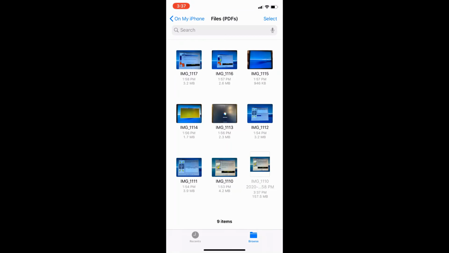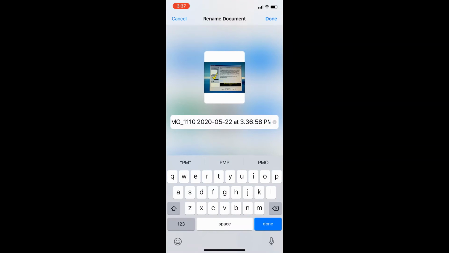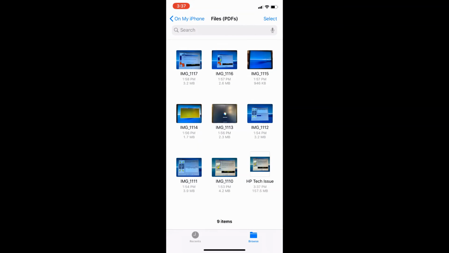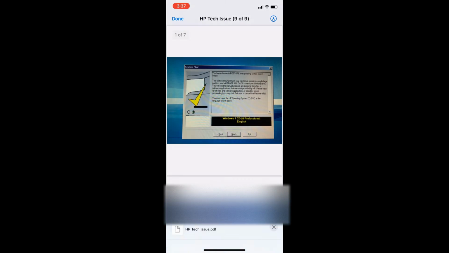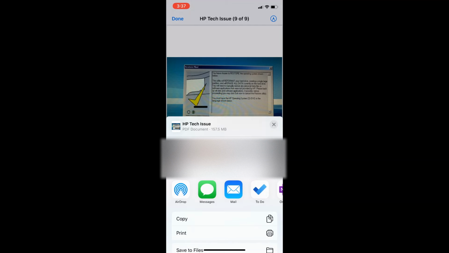So at this point, I'm ready to take this. I'm also going to rename it in this case. I want to call this my Hewlett Packard, HP tech issue. And I'm going to say done, and then I'm going to make this super easy on myself. I'm going to grab it, I'm going to email it to myself,